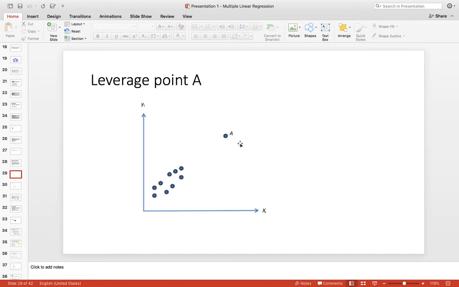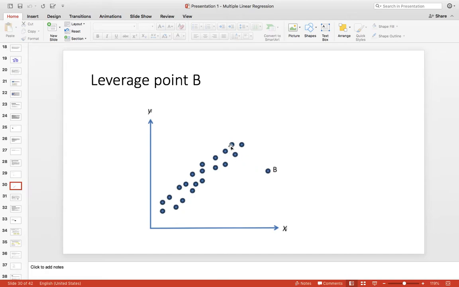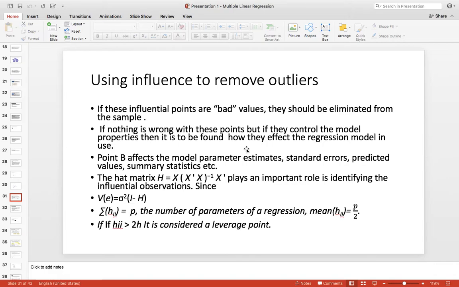But the difference between A and B is that A is a good point: it does not disturb the relationship between y and x and lies within the relationship, whereas B can influence the relationship by its presence. So these are the two values which are called leverage points, and a leverage point can influence the result.